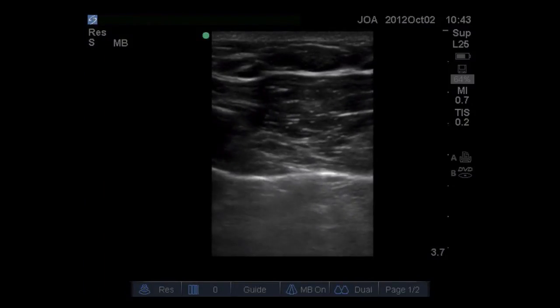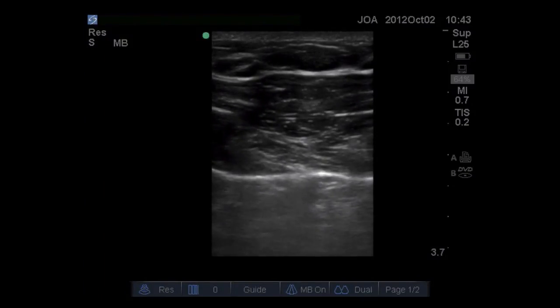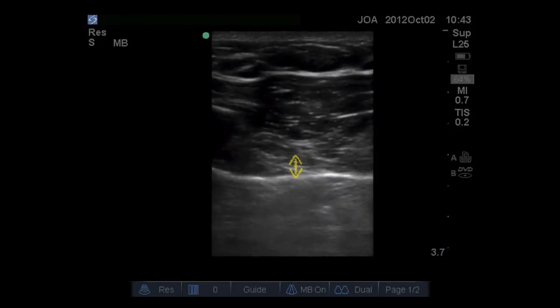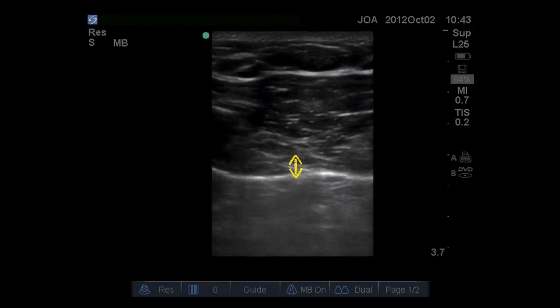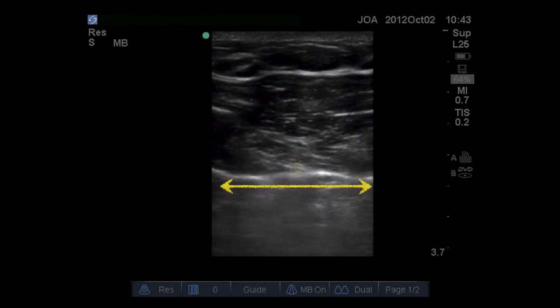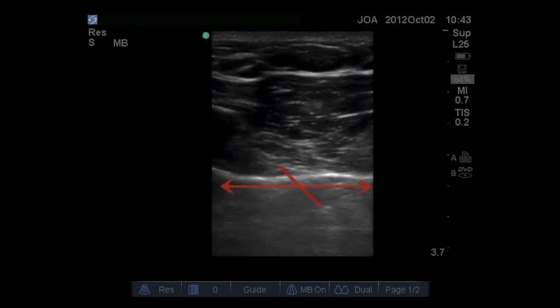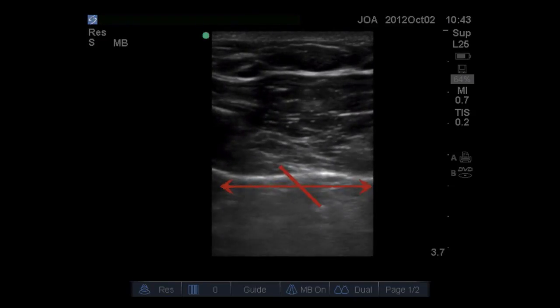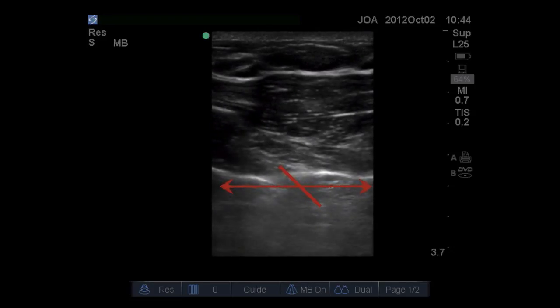Contrast that previous image with this one right here. That white line is still there, but it's not sliding back and forth. Yeah, it might be moving up and down a little bit because those intercostal muscles are pinching, but you do not see this side-to-side movement that you need to see in order to be able to say the patient has lung sliding. If you see the absence of lung sliding in a patient in the right clinical setting, be suspicious